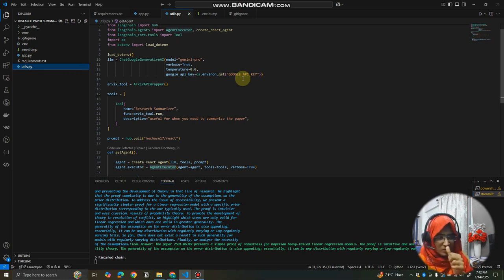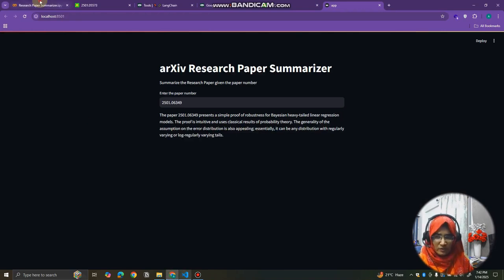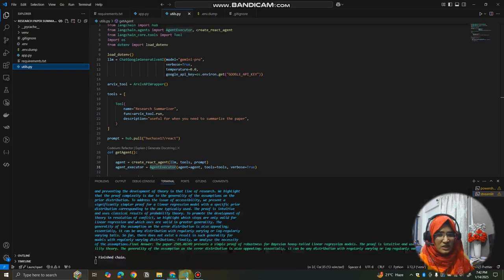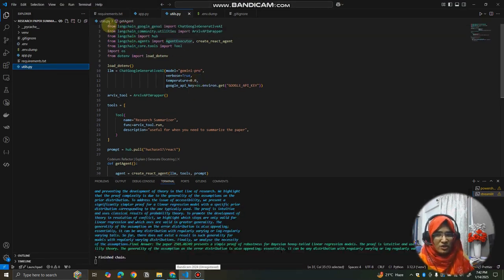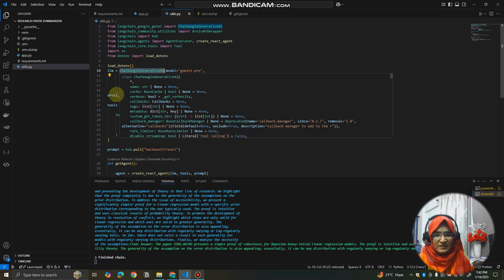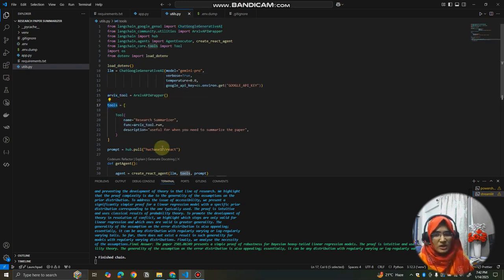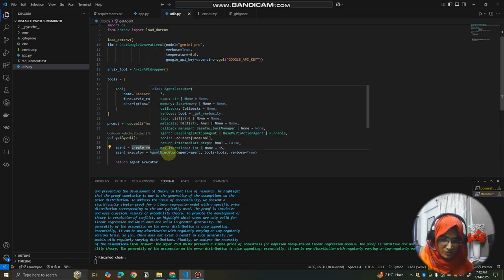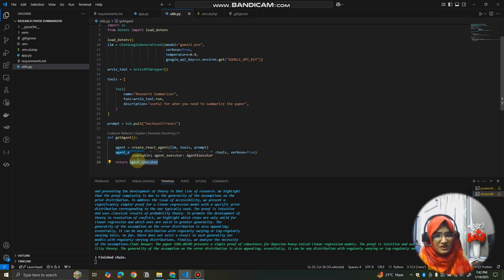Utils.py is there because it is the same file that we actually created on the Colab. We already have this code, and we just wanted to replicate it there. That's why we are using utils.py. In that utils.py, I called all the major libraries and things that we needed. I created the LLM as we created in Colab. Then we have the ReAct agent, then we have tools, and we called the prompt here, and get_agent. In the get_agent function, we created the agent using create_react_agent and AgentExecutor, and this function provides us the agent executor, okay?